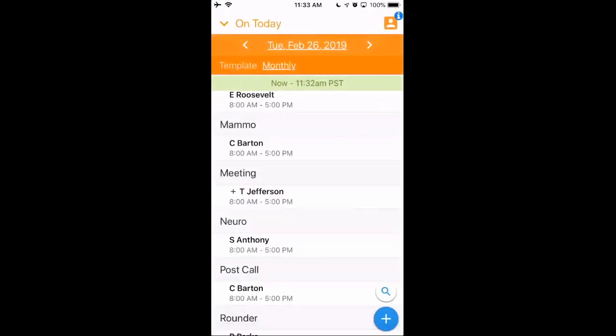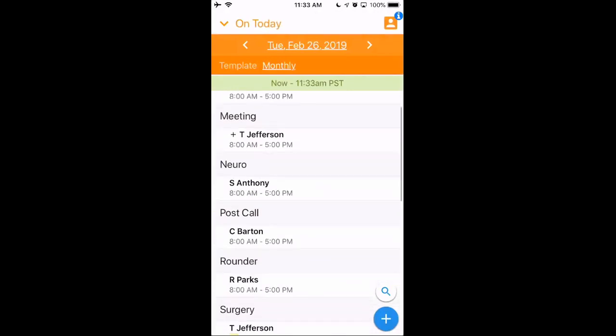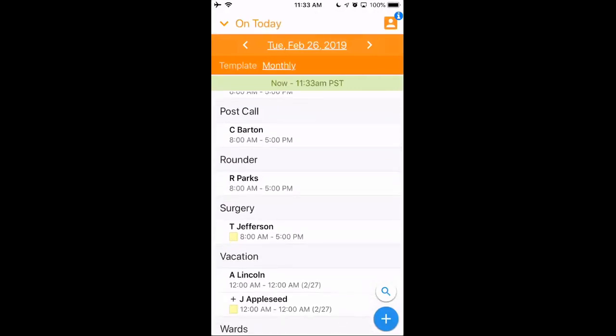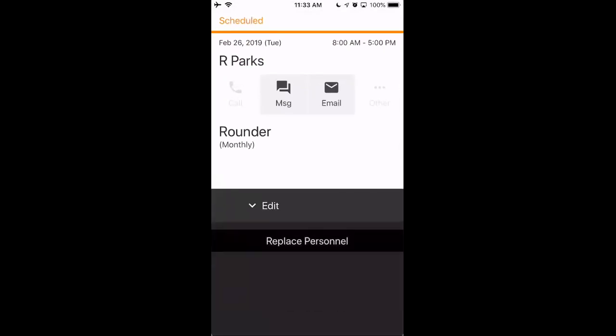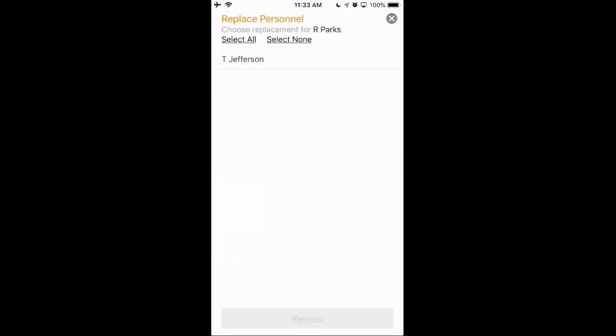Moving on, if we want to create a replacement, so let's say today I want to replace myself on surgery, and I want to work rounder where Rosa Parks is working. Similar to what Alex showed about an exchange, the way that you do it on the mobile app is 2 different steps. So if I wanted to exchange with Rosa Parks on the mobile app, first I click her shift and I hit edit and I hit replace,